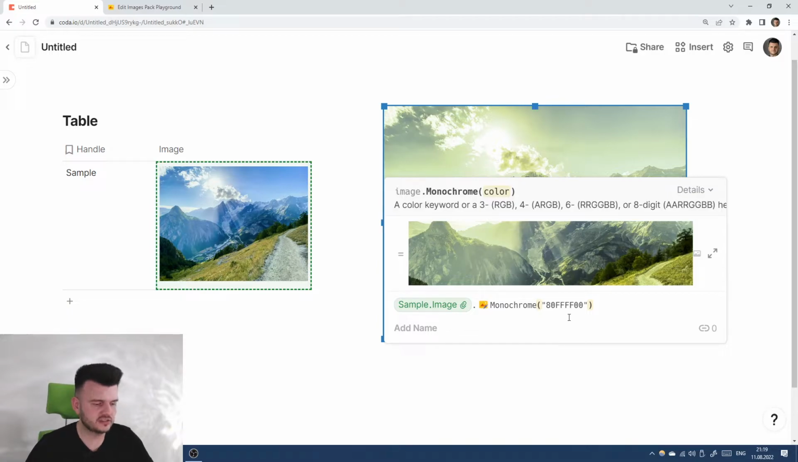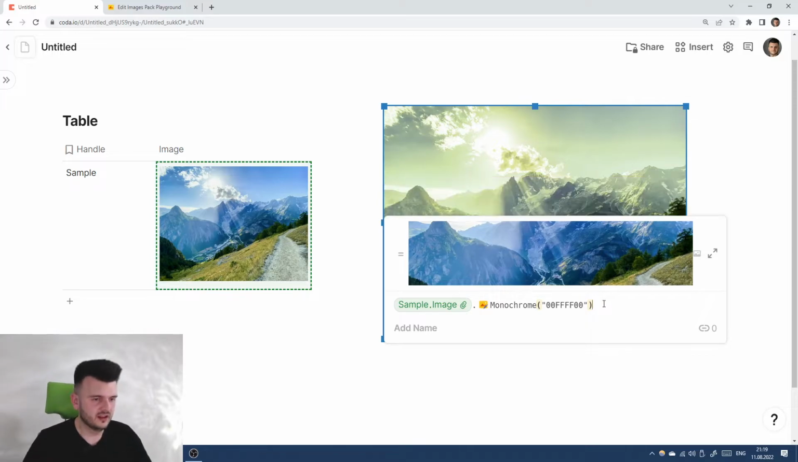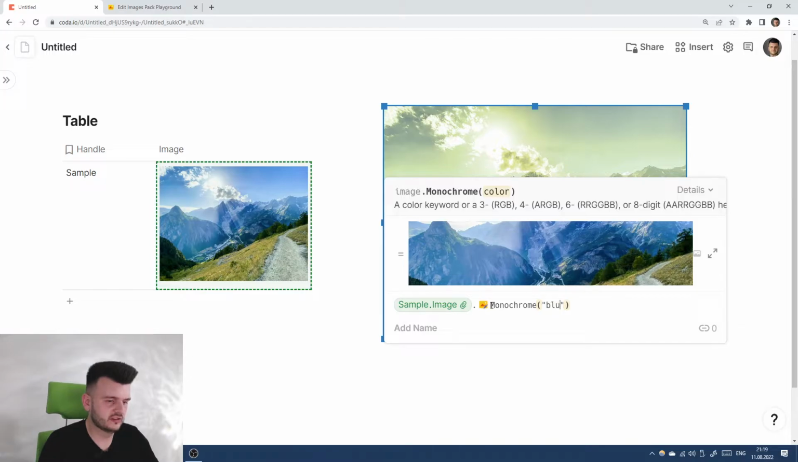It actually doesn't matter. You can include the pound symbol or not include the pound symbol before the color. Doesn't matter for the pack. So yeah, this is how alpha works. By default, it's completely opaque. And if you go with completely transparent, there will be no effect on the original image. Duotone, and yeah, and then there are the colors like blue,